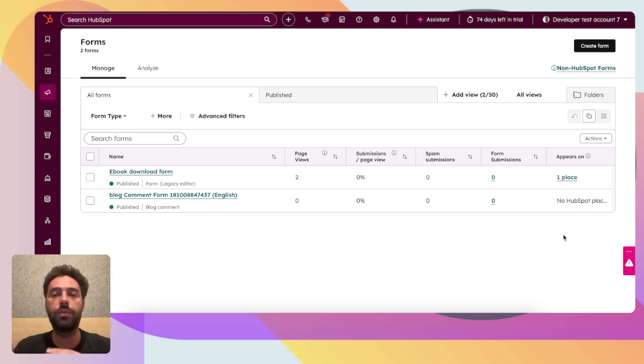So you can't reduce the amount of information, because if you need this information, you need to collect it at some point. So in today's video, I will show you two things. First, I will show you how to create an optimized form from A to Z using HubSpot and all the relevant features. But before that, I will present you my theory on how to make an optimized form that matches